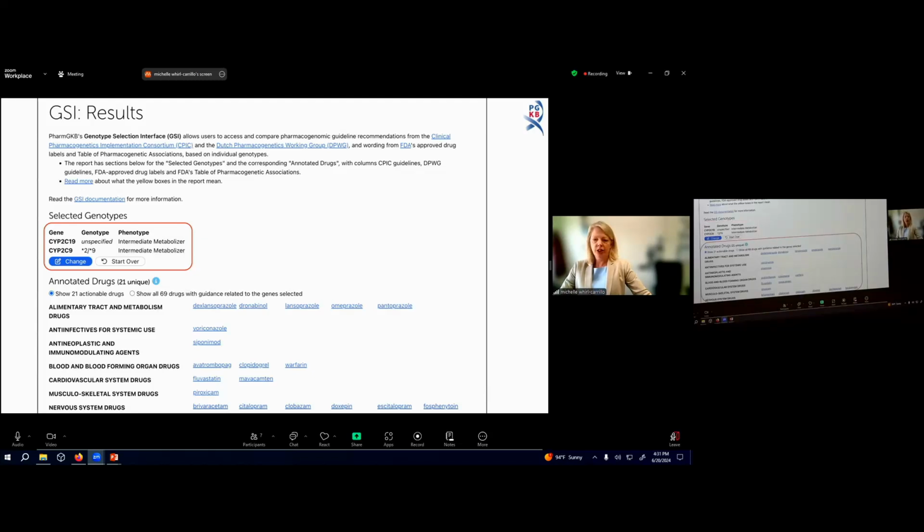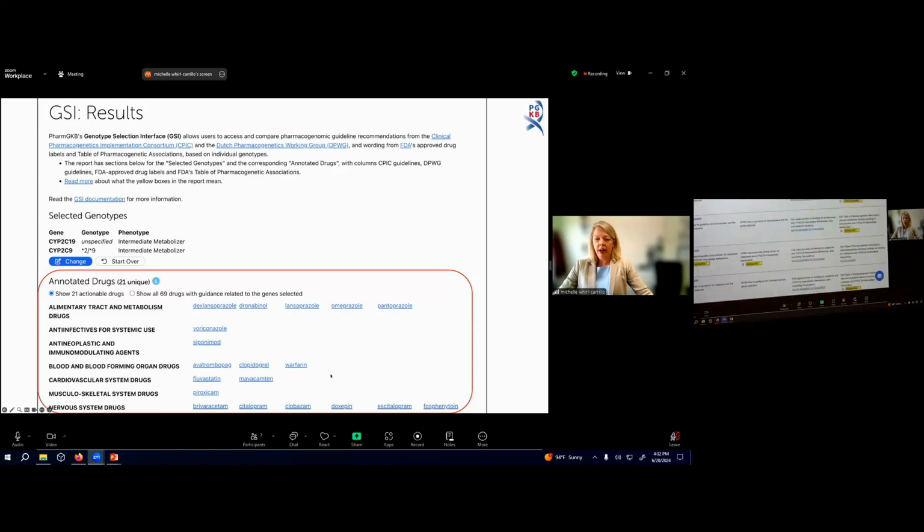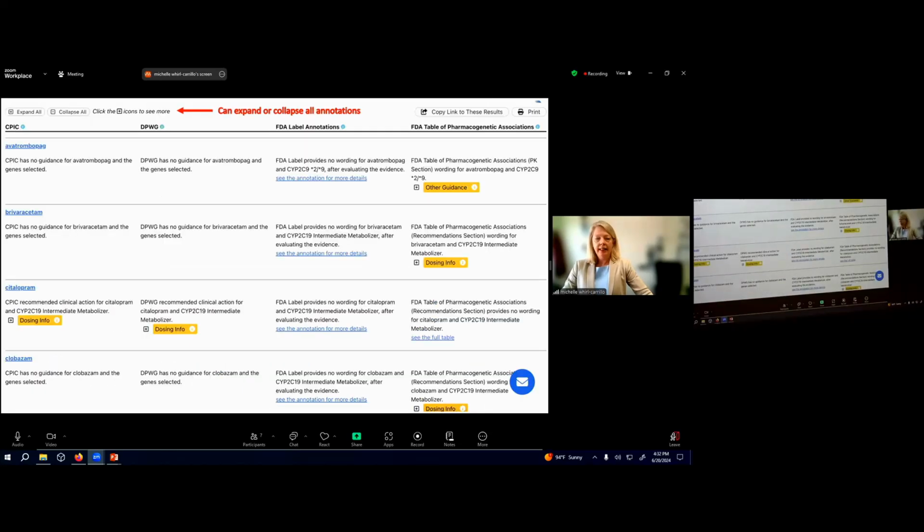Okay, and then down below, you'll see that we have 21 drugs here, again, listed by ATC category. There's 21 actionable for the specific genotypes and phenotypes that I entered. There's actually 69 drugs with some kind of guidance from CPIC, DPWG, or FDA, but that's with any phenotype or genotype, and we're being very specific here. So with these entries that I have made, only 21. You can pop down to the table if you find your drug of interest, but otherwise, if you scroll down, it's in alphabetical order. So this tool retrieves relevant information from 4 different sources, as I mentioned: